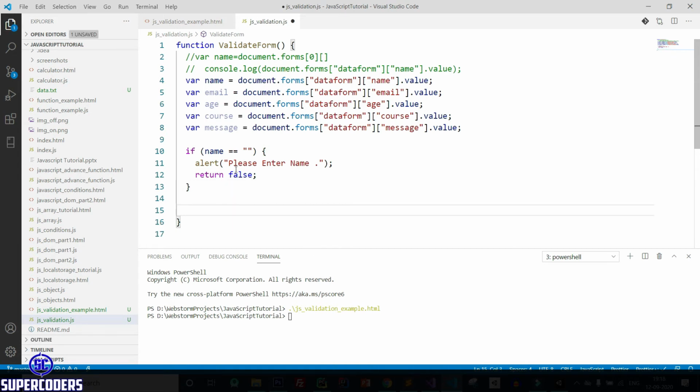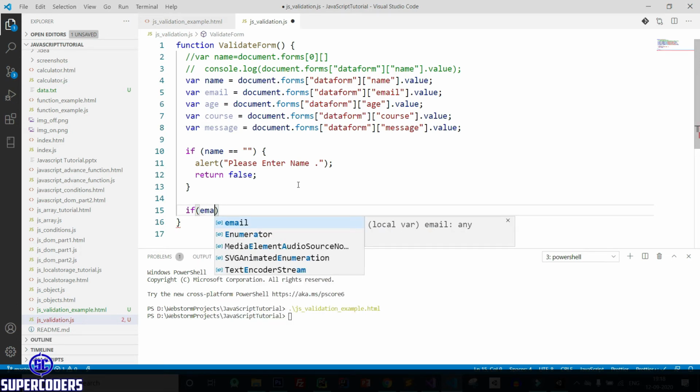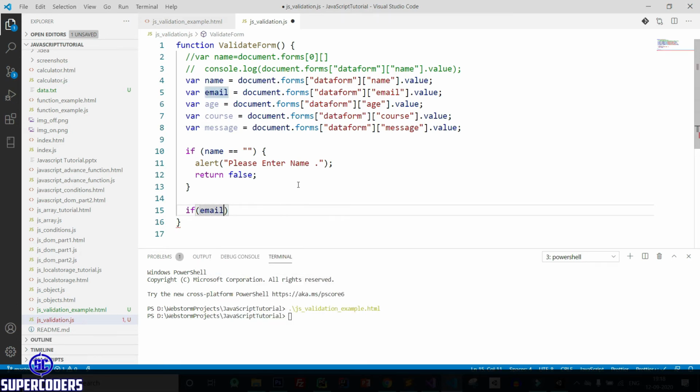Now let's check second condition. So second condition is our email. So we need to check whether it contains email or not. So as we know, email contains @ and a period or dot symbol. So let's check how it can work. So if email not email dot includes, then passing @ or not,